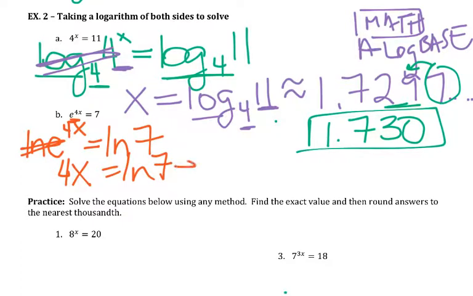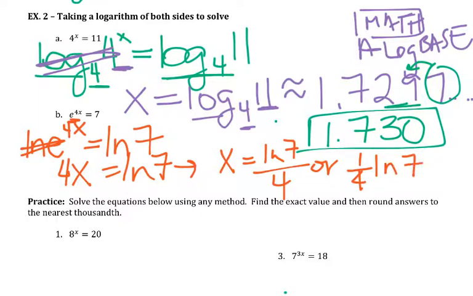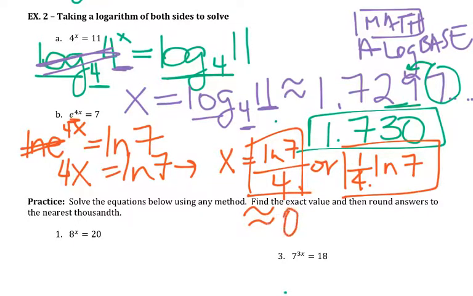Now, I can either divide both sides by 4 and get the natural log of 7, divided by 4, or you could multiply both sides by 1/4 and get 1/4 times the natural log of 7. Either of these is correct. I generally prefer this version. Some students prefer this one. And then I would plug this into my calculator and round to 3 decimals. When I do that, I get approximately,